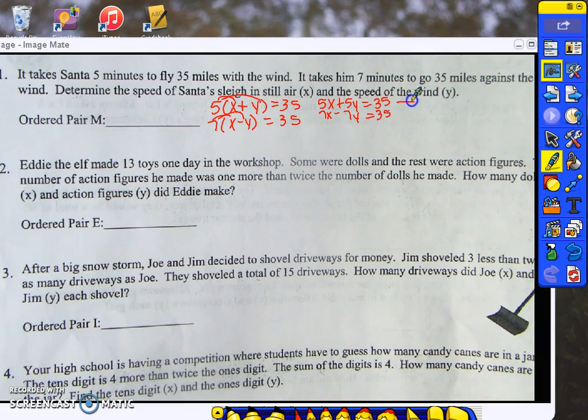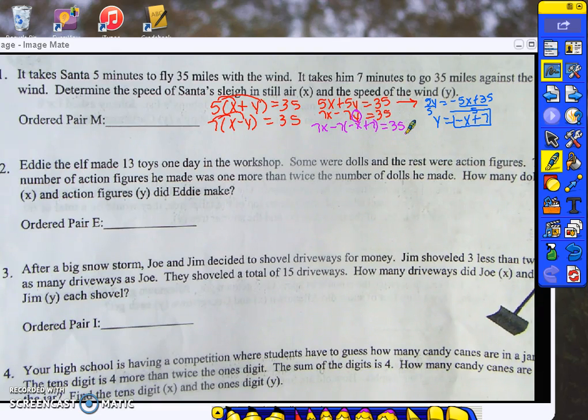I'm going to put this one in slope-intercept form by subtracting 5x from both sides. So 5y equals negative 5x plus 35. Divide by 5 on both sides. Y equals negative x plus 7. I'm going to take this negative x plus 7 and plug it in everywhere that I see y in the other equation. 7x minus 7 times negative x plus 7